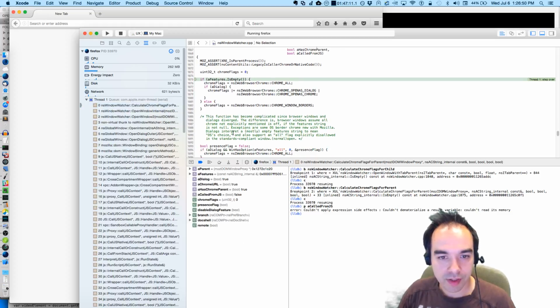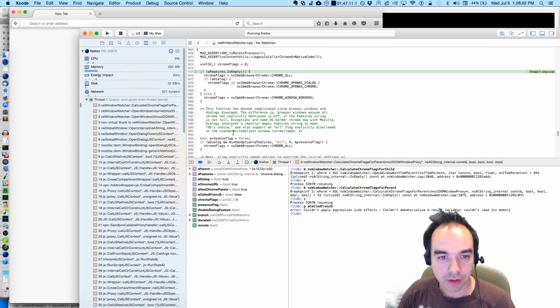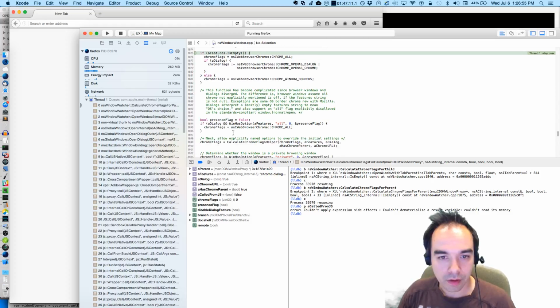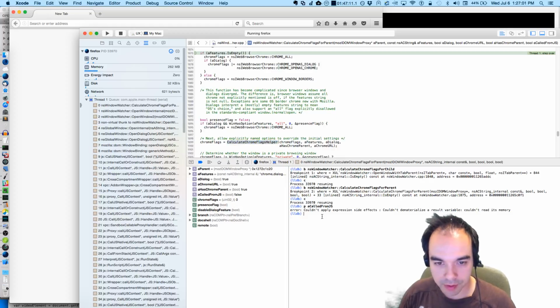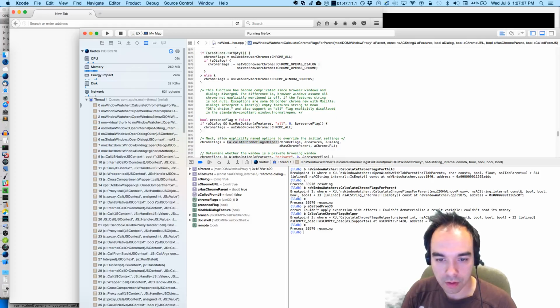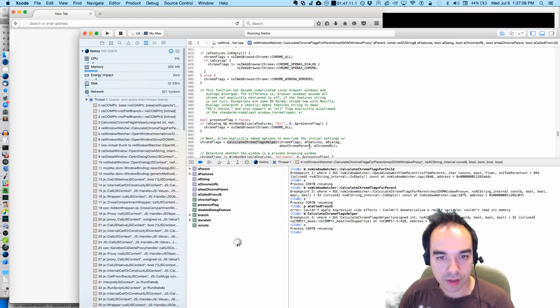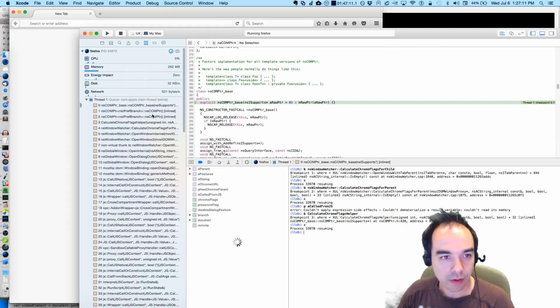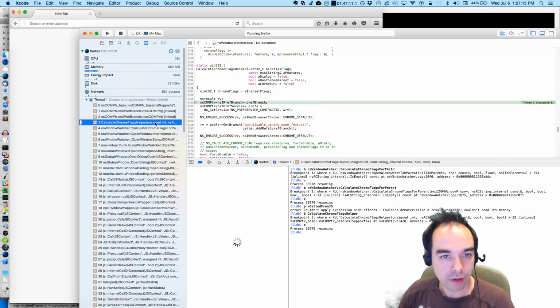So the question is, how come... oh, and then calculate Chrome flags helper is where the location is computed. Okay.